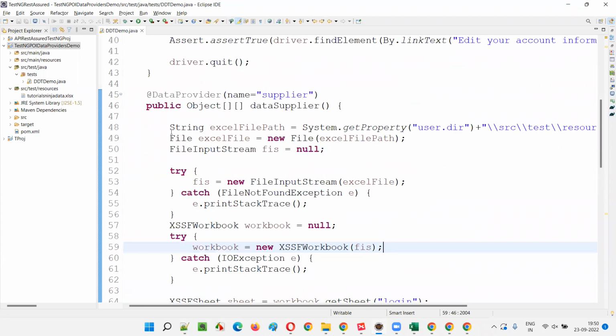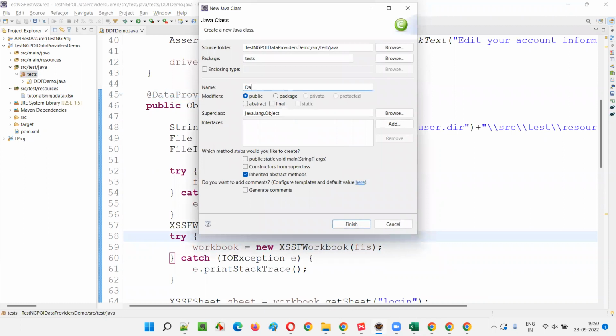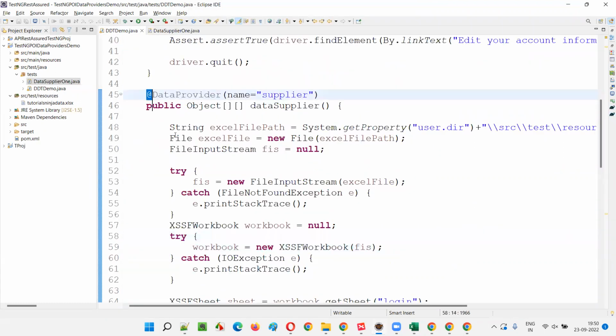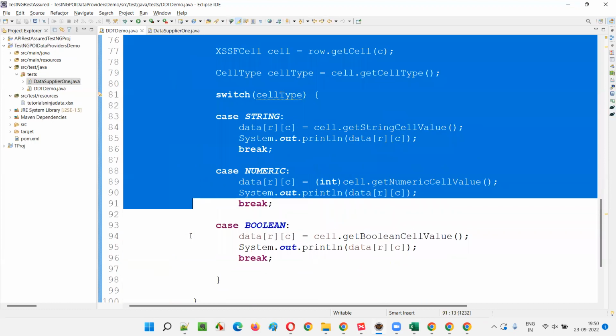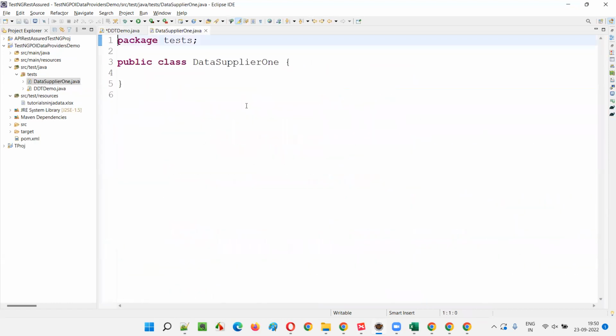One more thing we can do, guys, is separate this data provider into another class. Now the things are working fine, so I'll separate this. I'll create a class, and I'm giving the class name data supplier one or something. Click on finish, and I'll just move this data provider method into another class now. Complete this thing. I'll just move it out, because we generally don't have the data supplier